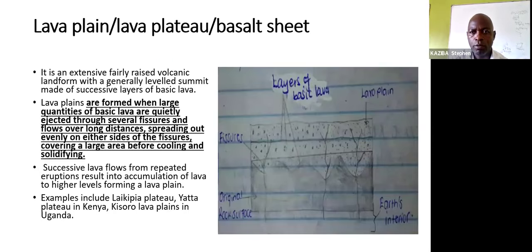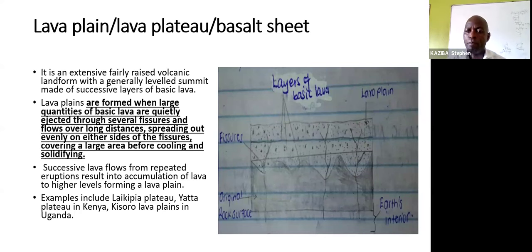A lava plateau, of course, is also called a lava plain or basalt dome or basalt sheet. So this is an extensive, fairly raised landform with a generally leveled summit made up of successive layers of basic lava. So you look at now, how do we give the relationship between nature of material and landform? How are they formed? They are formed when large quantities, so now we are bringing the issue of quantity, large quantities